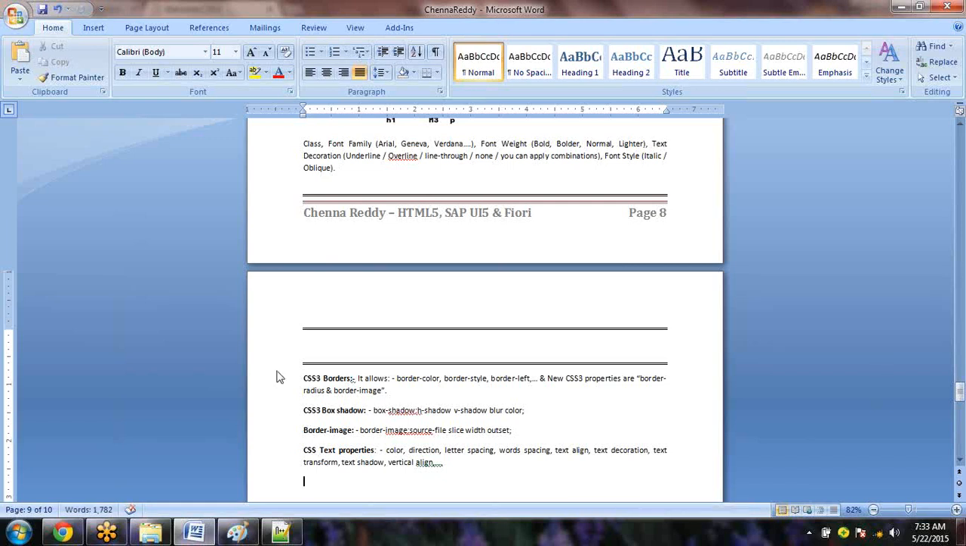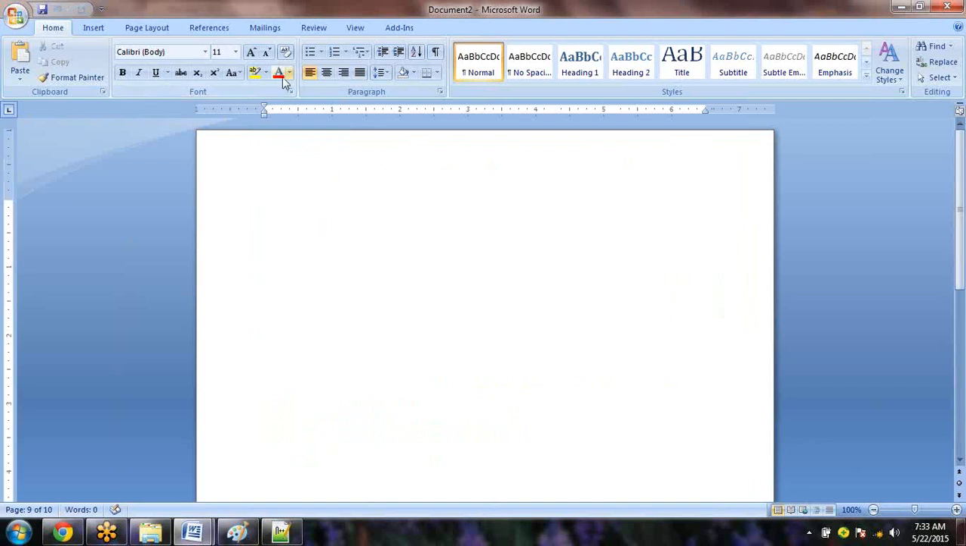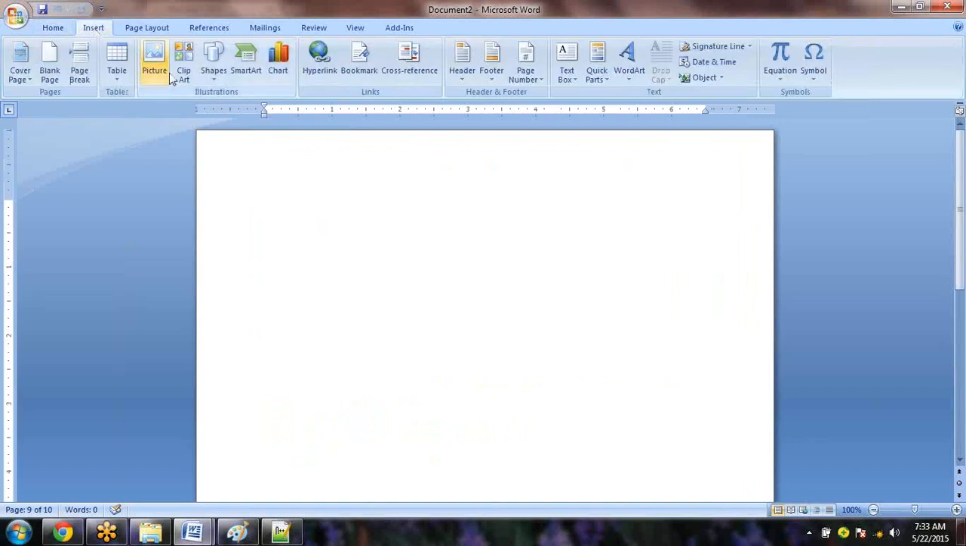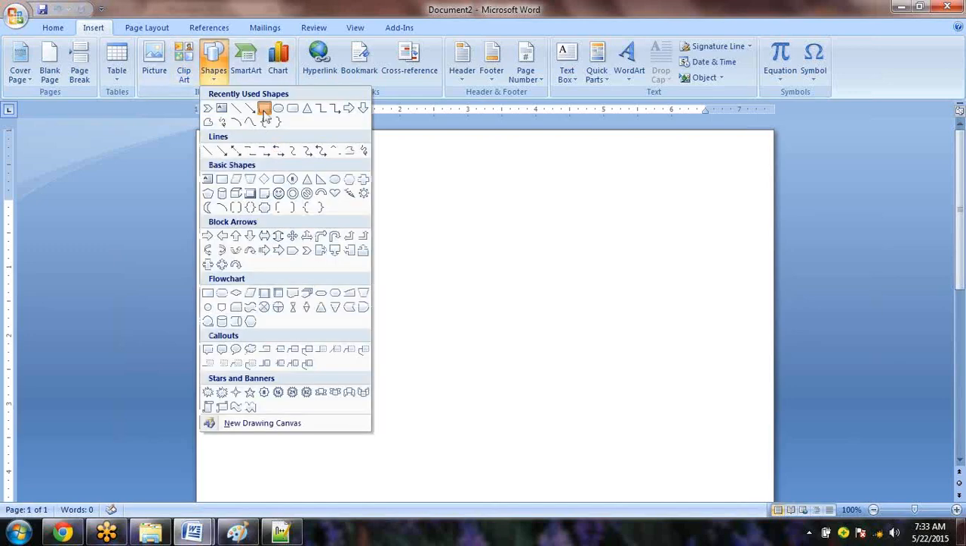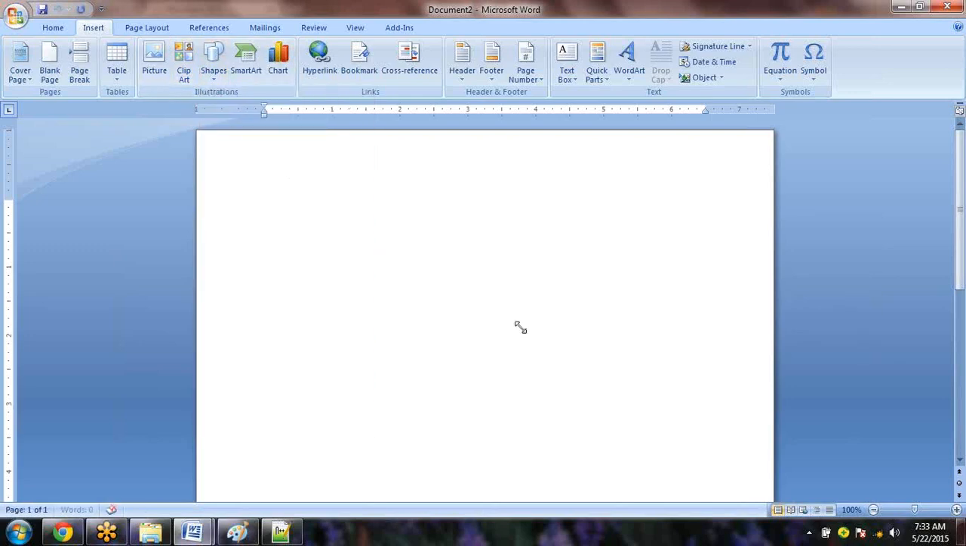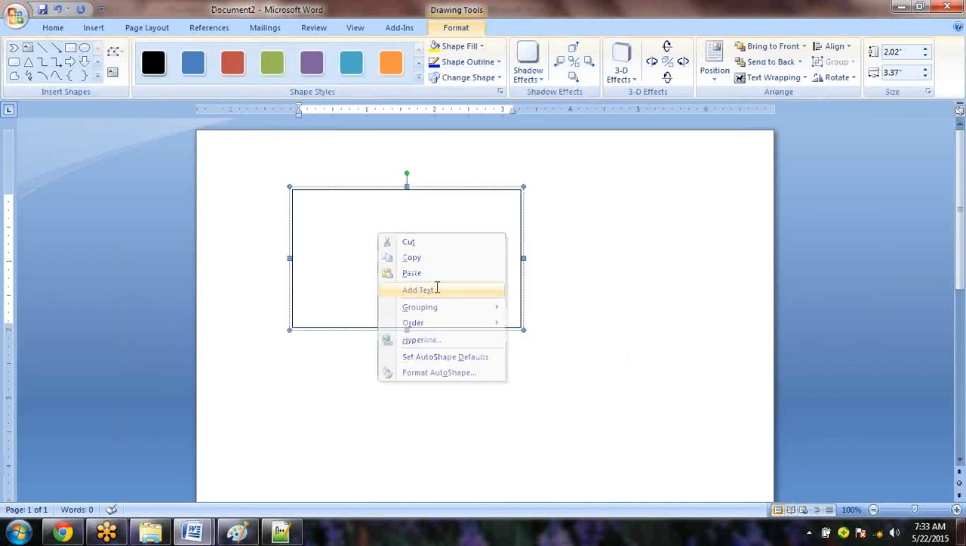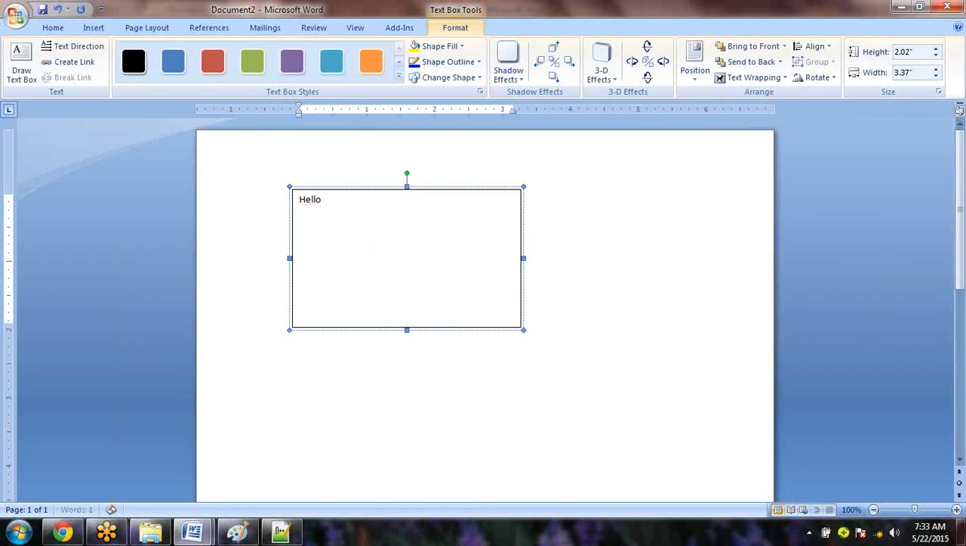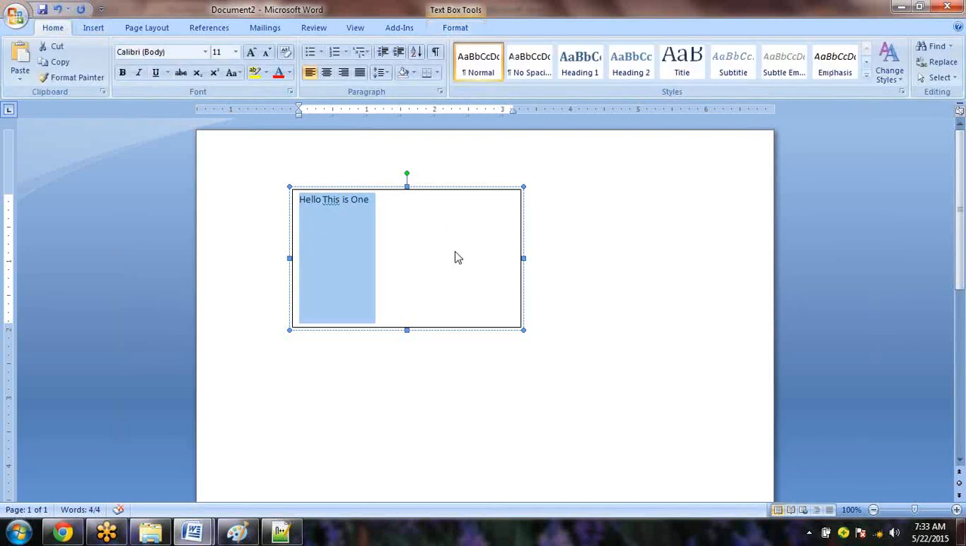Vertical align. Whenever you say text align, it is horizontal. If you want it forcibly vertical, then you use vertical align. What is the difference between vertical and horizontal? If you look here, I'm inserting a box. So this is a box. Inside that I am typing some text. Hello, this is 1. So this is the text. Now look at this text. I selected the text. So if I say center line,